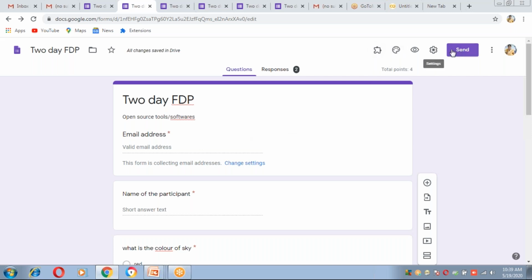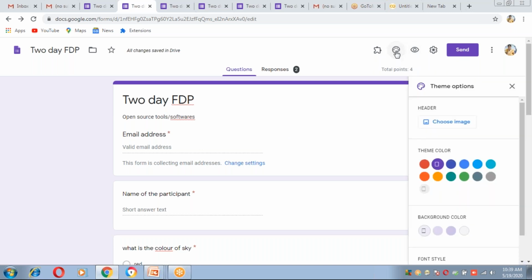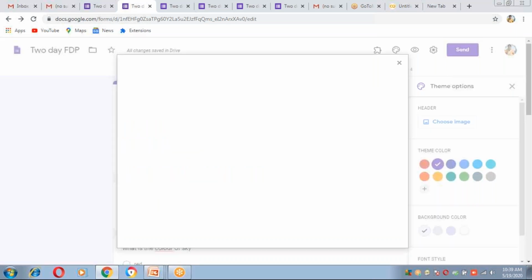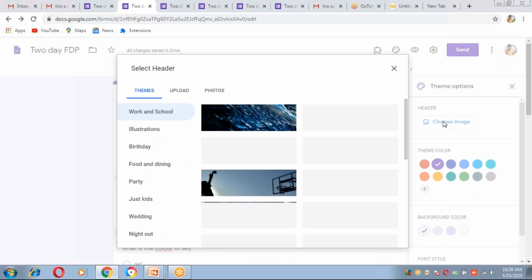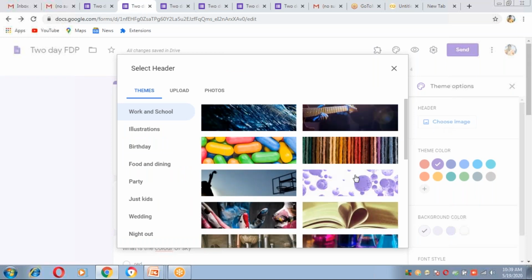See, now what are these buttons? So this is the customized theme. When I am clicking on this, see right side, choose image. Choose image means, for example, if I am clicking on this, some images will be displayed.